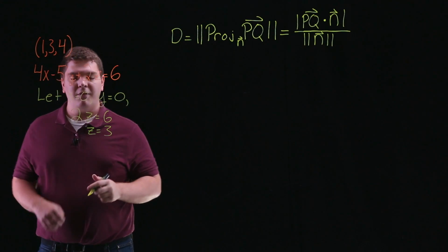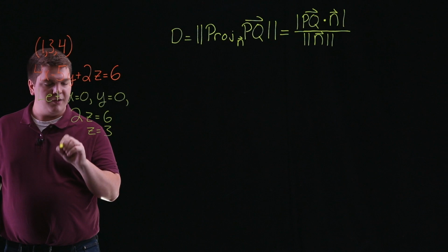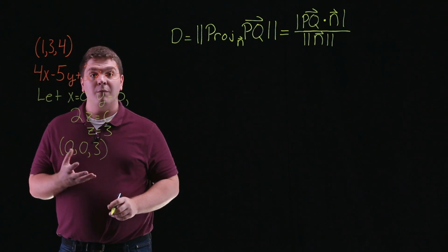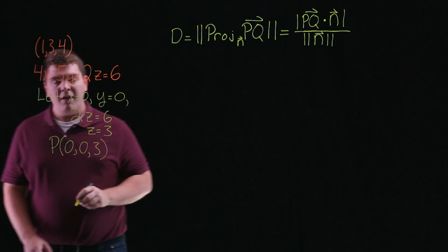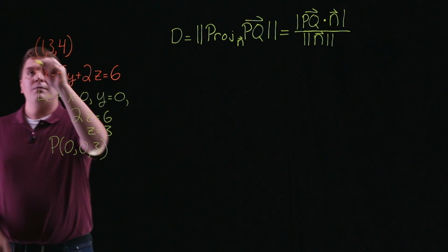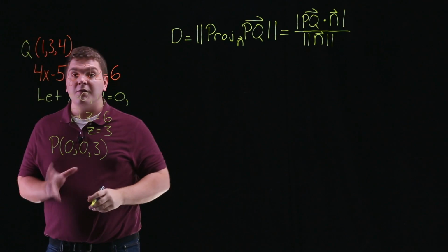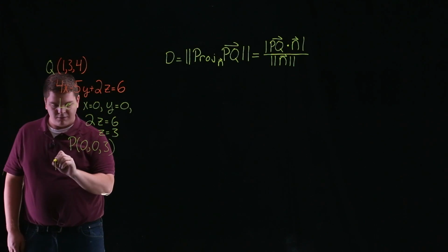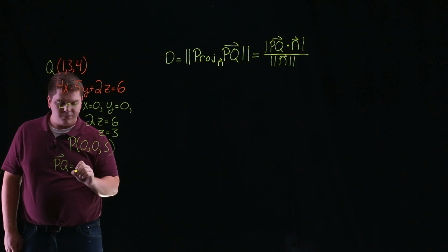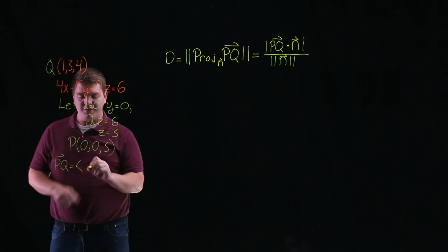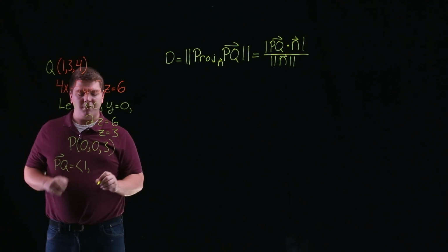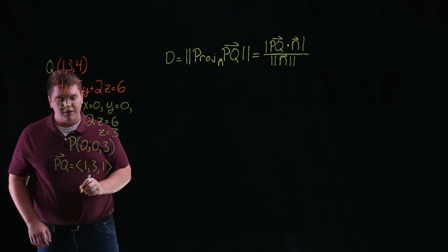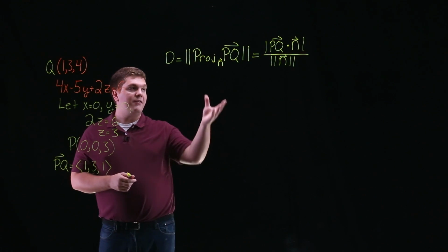So what's this tell us? A point on our plane is the point (0, 0, 3). I'm going to call this point P, and I'll call the point that's not on our plane Q. Now we can find our vector PQ. PQ is given by 1 minus 0, which is 1, 3 minus 0, which is 3, and 4 minus 3, which is 1. So now we found our vector PQ, and all that's left is to find our vector n,